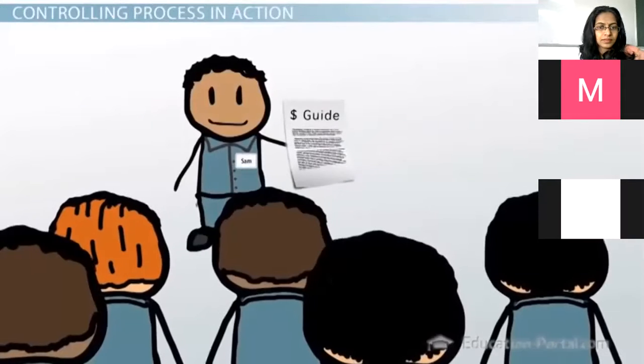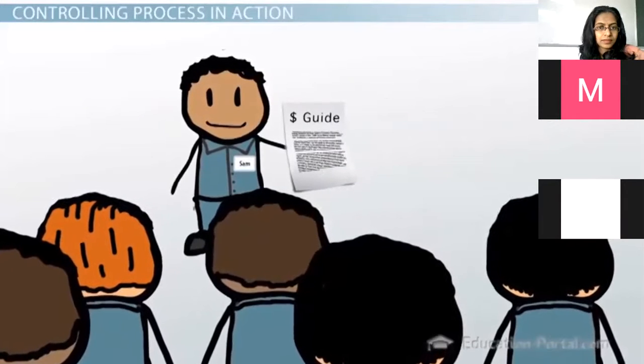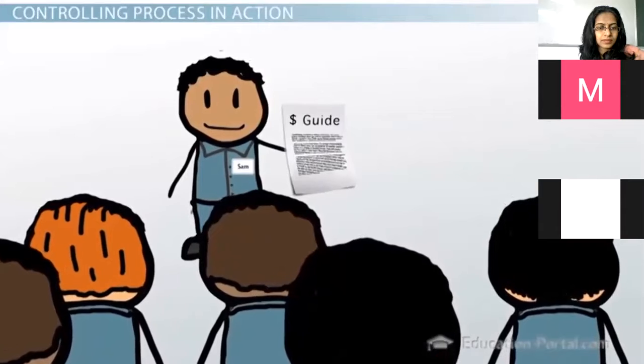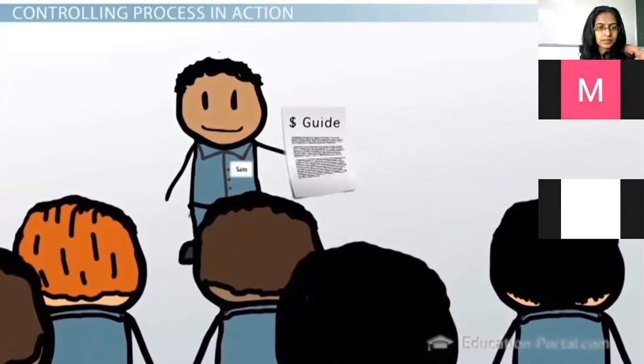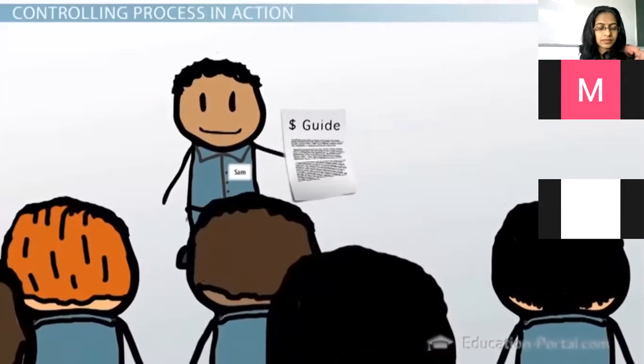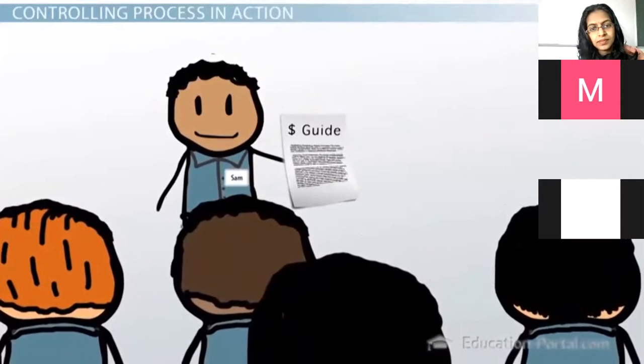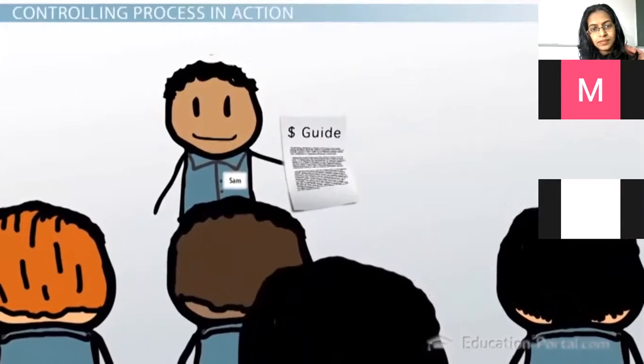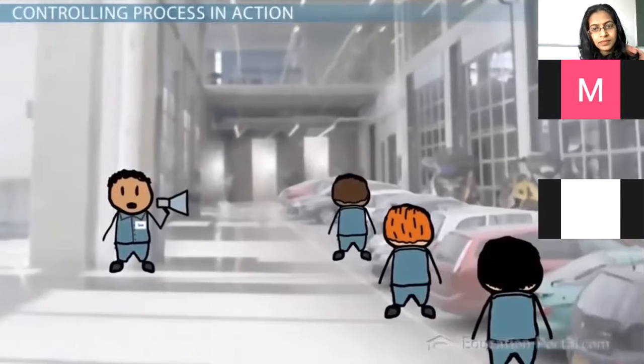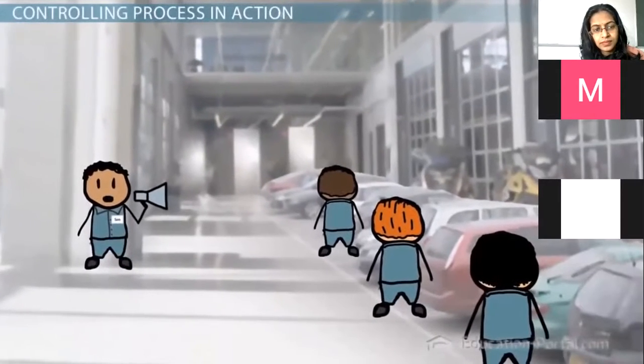Sam will present the new pricing guide to employees. He explains his plan for raising much-needed revenue to each employee so the employee understands the reason for the price increase. It is important to include employees in setting goals. If Sam's employees understand the reason for the price increase, they will be more likely to buy into the goal.